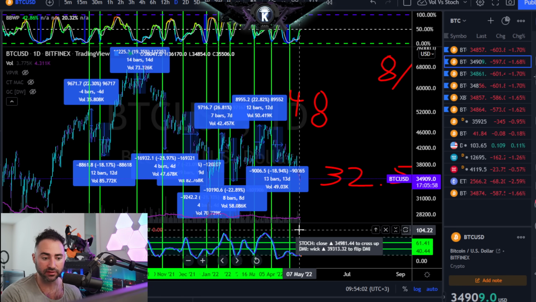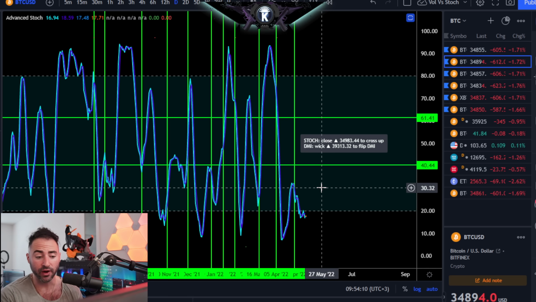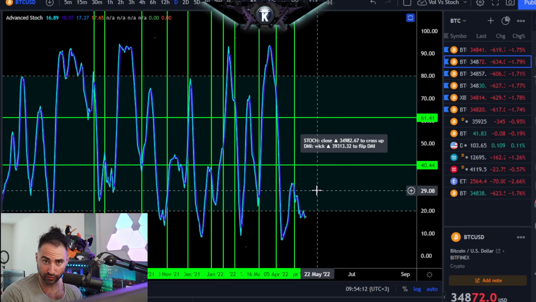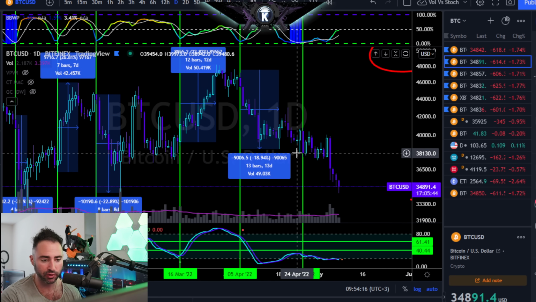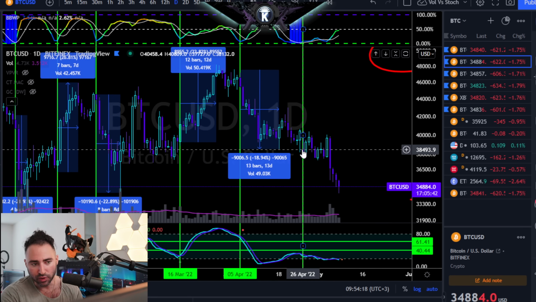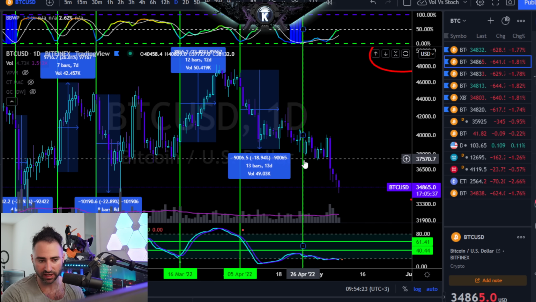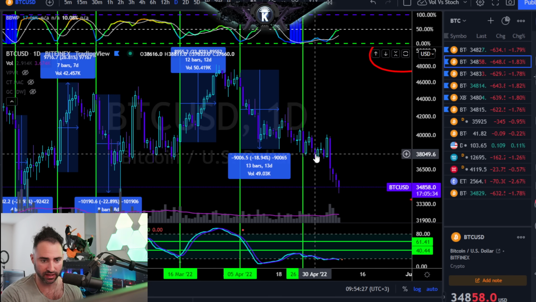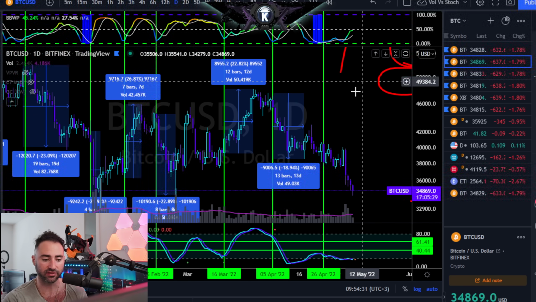One of them being the stochastic momentum oscillator right here, of which anytime that we've seen that first expansion phase plus a clear direction on the stochastic momentum oscillator, there has been 8 out of 10 times the correct direction called. On top of that, we've seen, especially in the last few iterations, the first move off of that expansion has also gotten the continuation as well. In this case, to the downside right here, that first move, that first day on expansion, again down about a few thousand bucks actually, from 40 to 38 in this case.